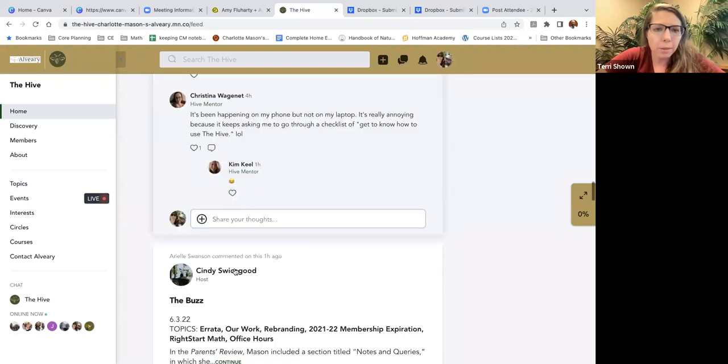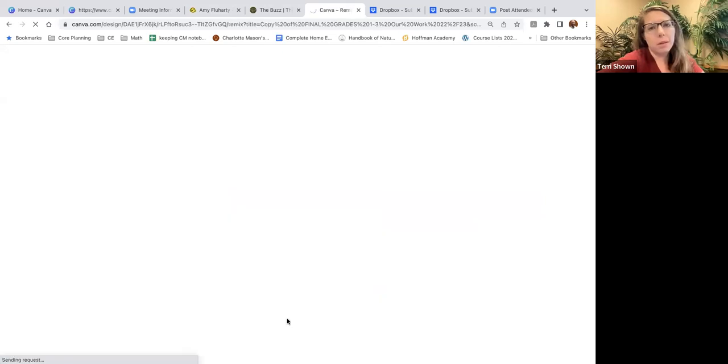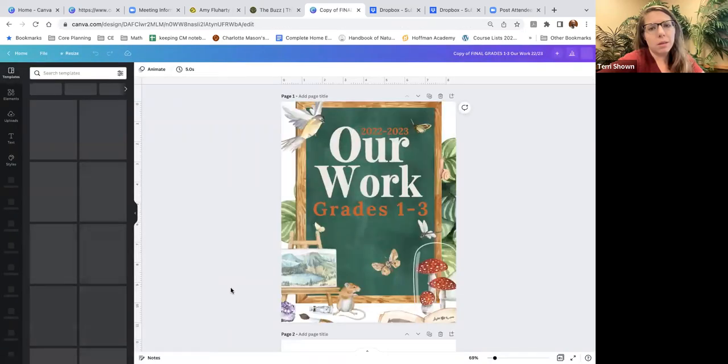Okay, this is the correct buzz. This is what I wanted. This is what it should look like when you click it open. This is the form 1. You just simply click this purple button. Okay, if you hadn't logged into your Canva already, it will prompt you to log in to Canva at first. So now that you're in our work,